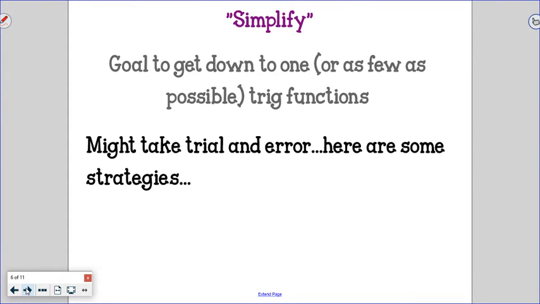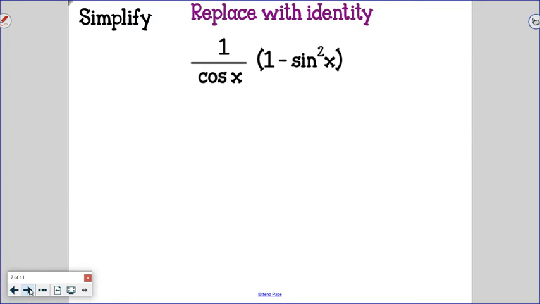So I will give you strategies today to try out. I will give you more strategies tomorrow to try out. And then we will continue to have conversations. And again, a hard part about this section is there's not just a singular way to attack each problem, but we all should get to the same point at the end. Okay? So my first